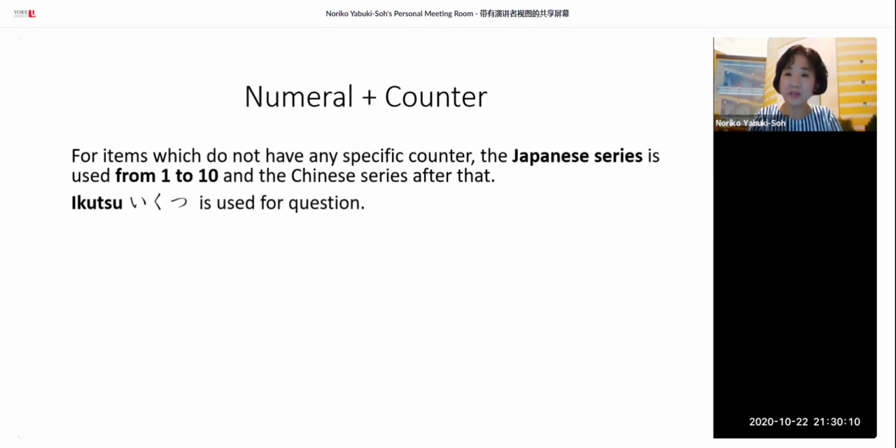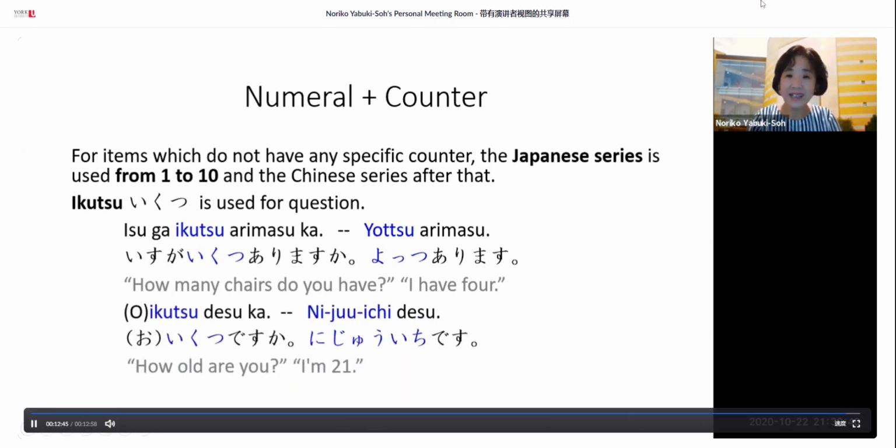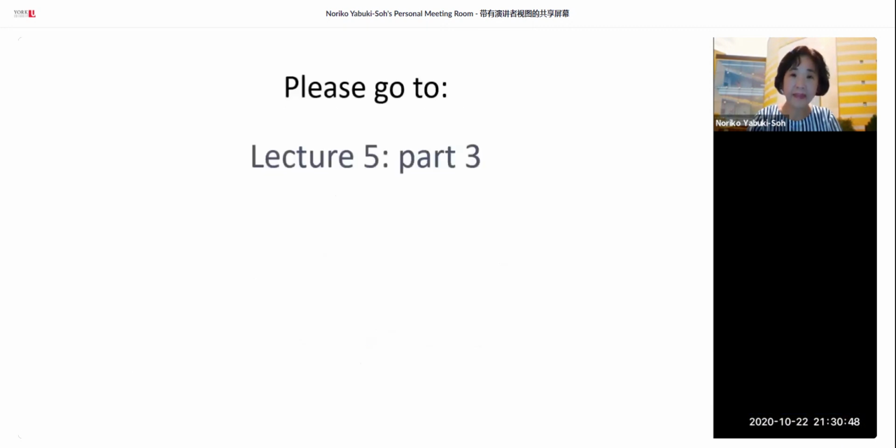And いくつ is used for question, as in おいくつ to ask someone's age. 失礼ですが、おいくつですか. And things like chairs. We do have a quantifier for counting chairs, but you can also use いくつ for how many. 椅子がいくつありますか? 4つあります。おいくつですか? 22です。21です。Something like that. Okay, so